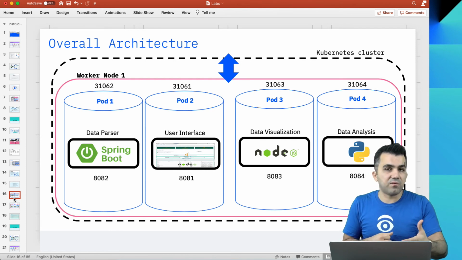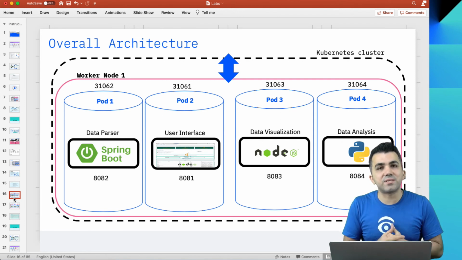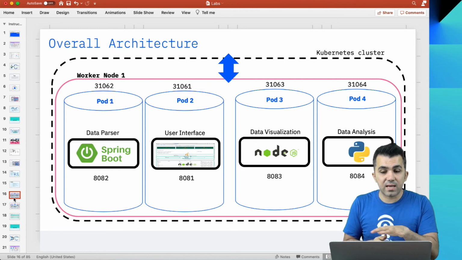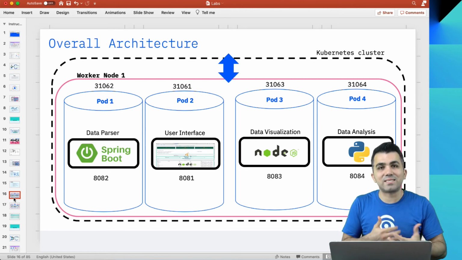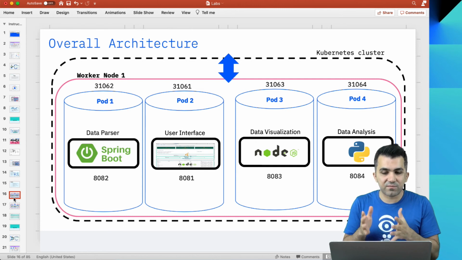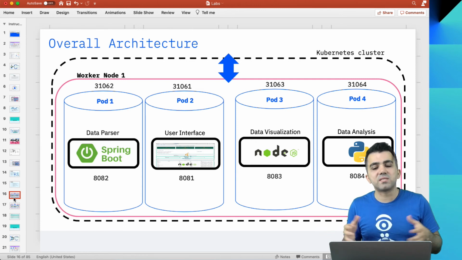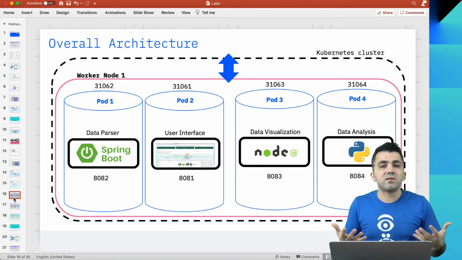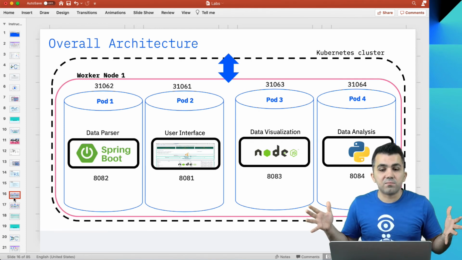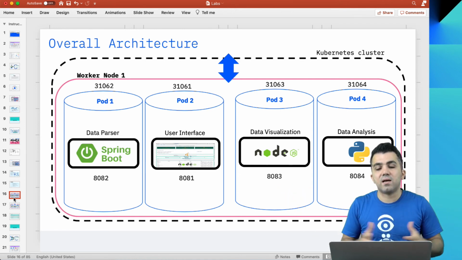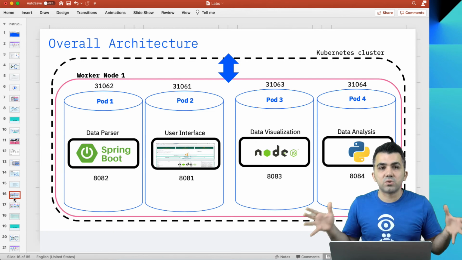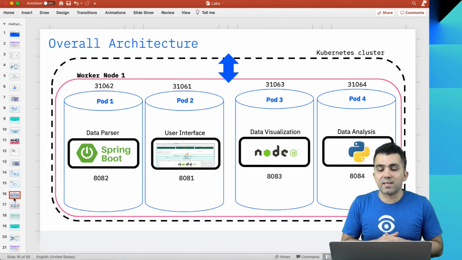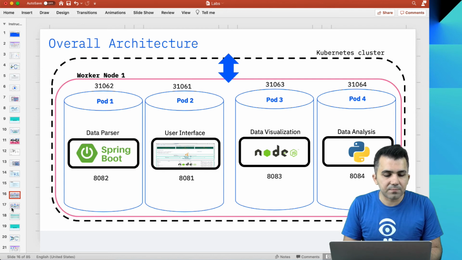In future parts of this lab, you're going to see how you can create replicas for each one of your pods and services, and your service can scale. When you have your application broken down into smaller pieces, and the demand goes higher, they can scale without affecting the rest of the system. You don't have to scale your entire application. You can just scale those services that are at high demand.